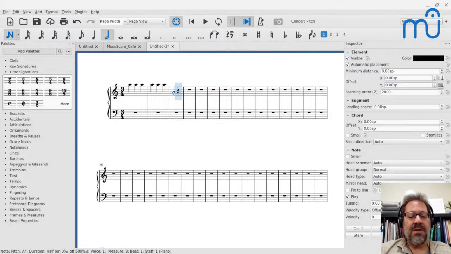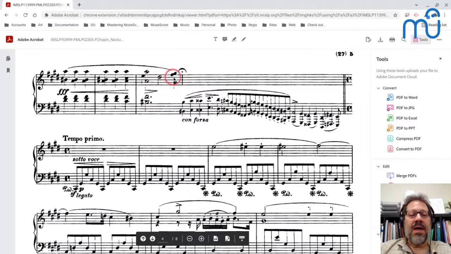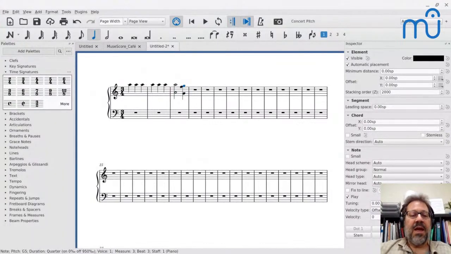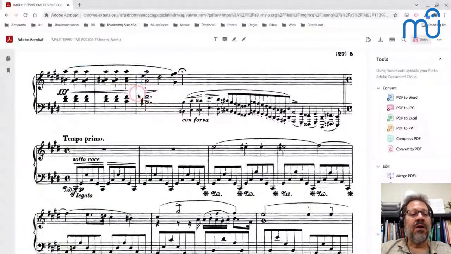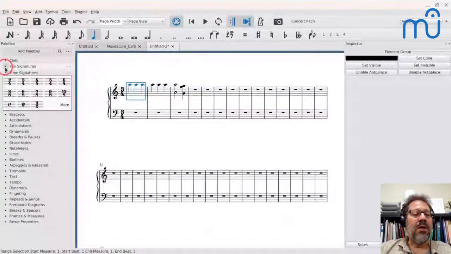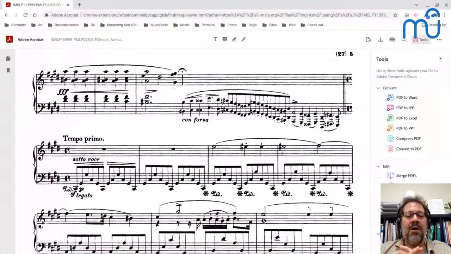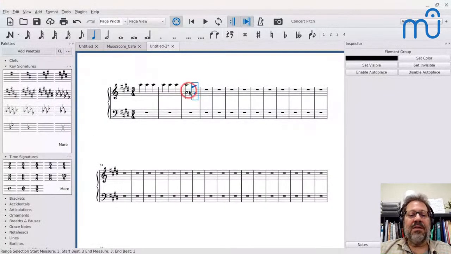I accidentally hit the staccato. I keep hitting Shift S accidentally when I'm trying to hit Shift A. There we go. So we have the half note A, and then we have the quarter note G, F, and G. And there's a key signature here of 4 sharps. Might as well get that, because those notes there are actually all a half step higher. All right. And then in the second voice,